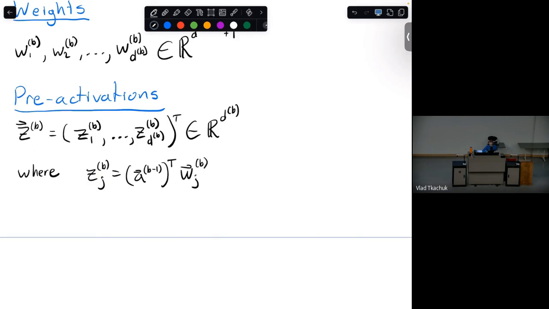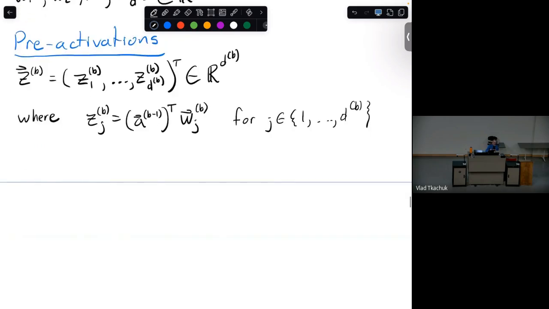I just wrote it for a specific j, but this holds for all of these, 1, 2, up to D_b.